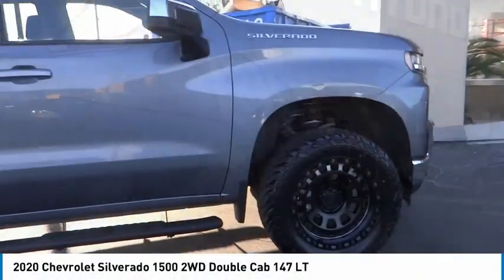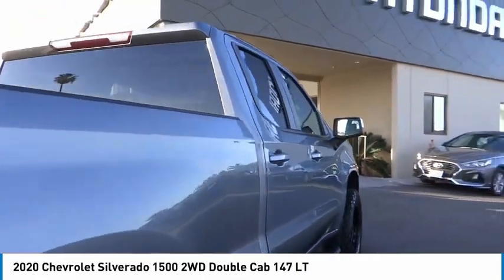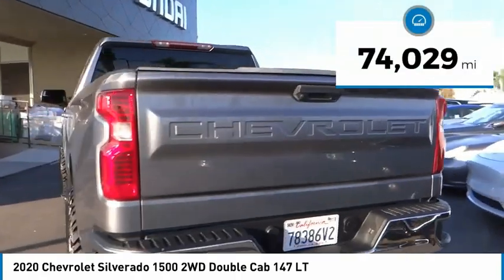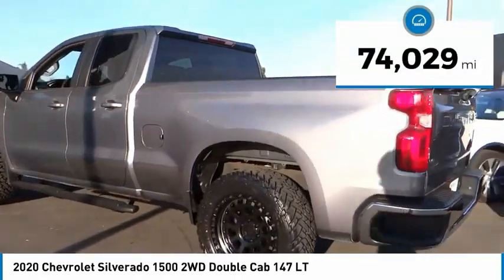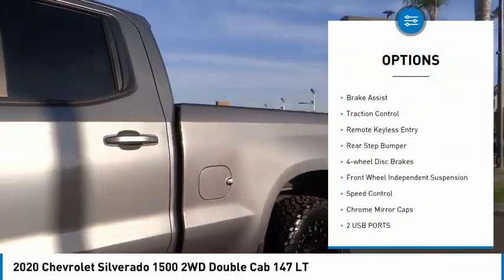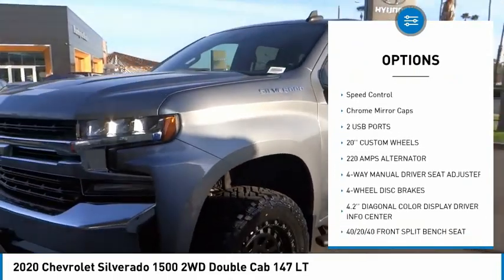2020 Silverado 1500. The Chevy Silverado 1500 has the lowest cost of ownership of any full-size pickup. This vehicle has less than 75,000 miles. Here are some of this vehicle's great options: electronic stability control, alloy wheels, brake assist, traction control, remote keyless entry,